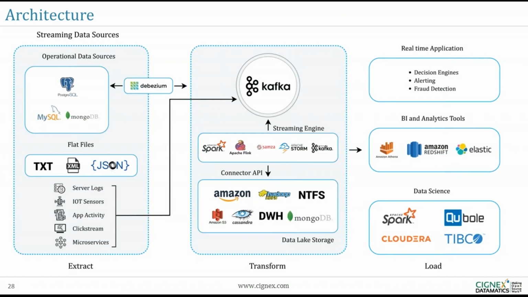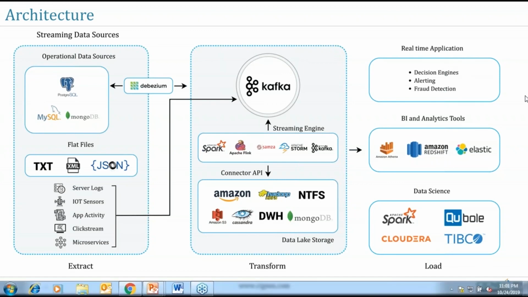So we have Debezium that constantly looks at the database, in fact the database tables you configure, and then it pulls the information, which is continuously changing, and pushes it into a Kafka topic. So that's the one line. That is one way you can extract data from the traditional sources and push it into Kafka. This is also called event sourcing. You might have heard about this term. So that's how it works.